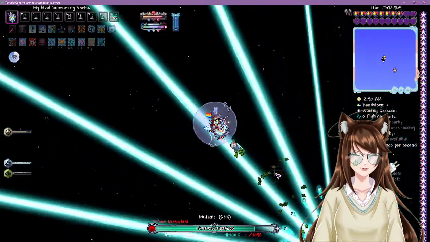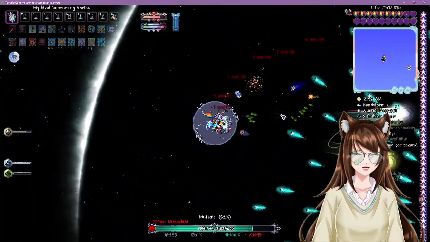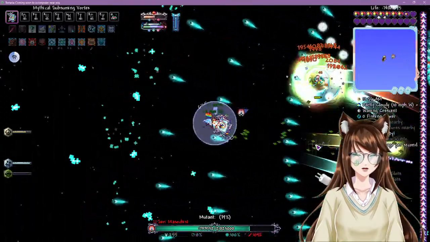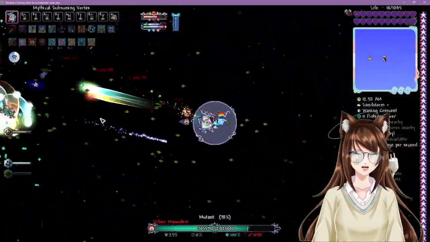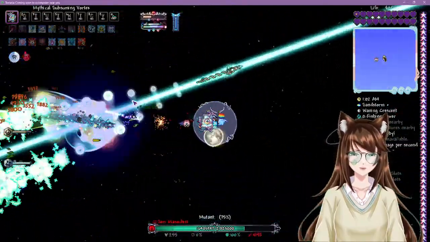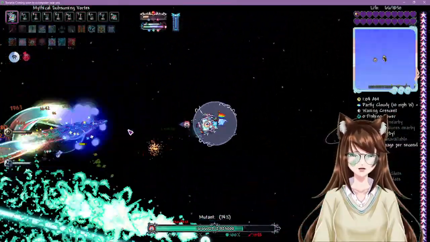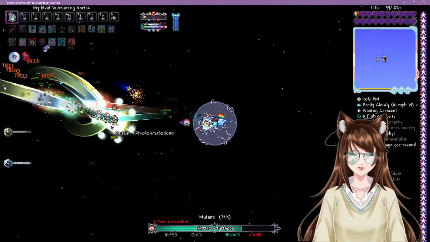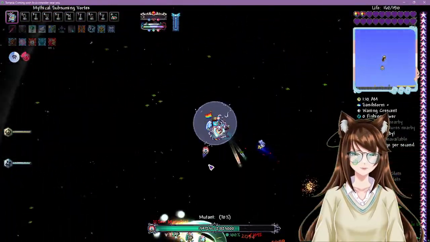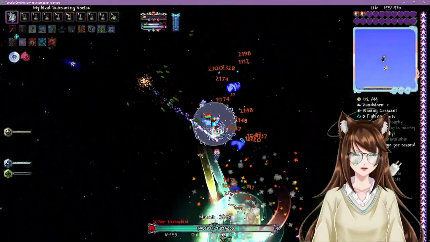That's real funny. I was about to say I was that close to being hit by a laser, and then I proceed to get hit by a laser. All his lasers heal in this fight too. They all heal him 5% out of his, what's that, 21 million?